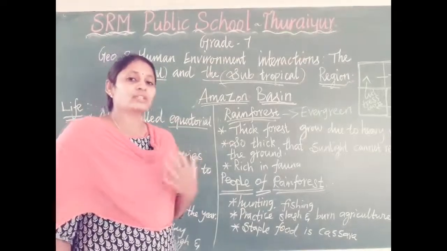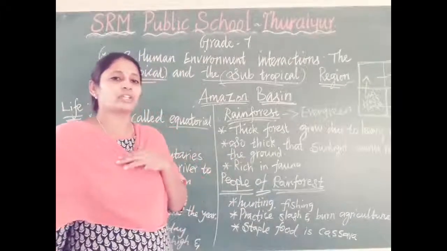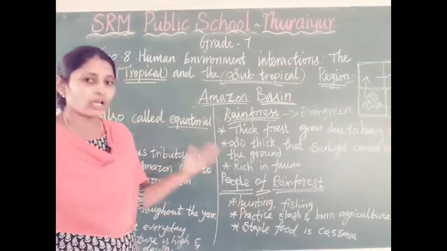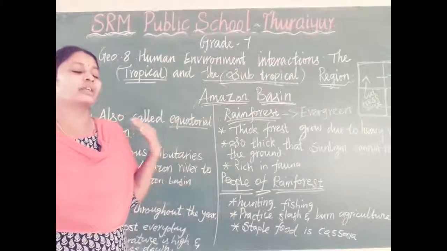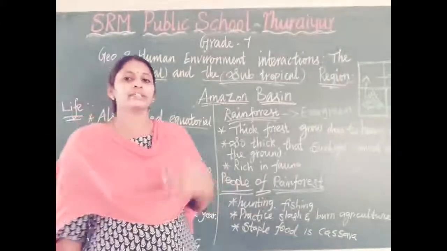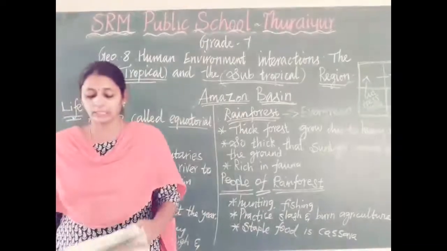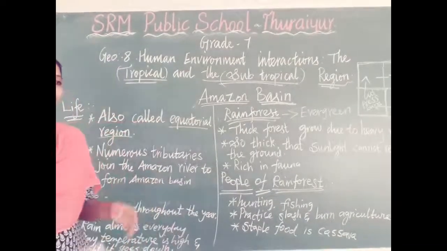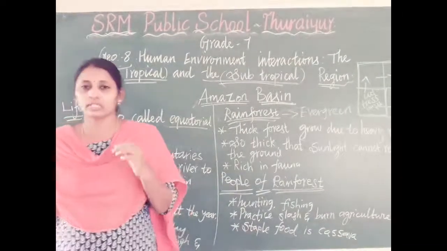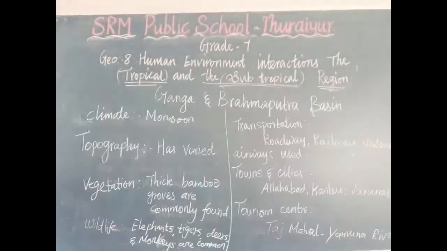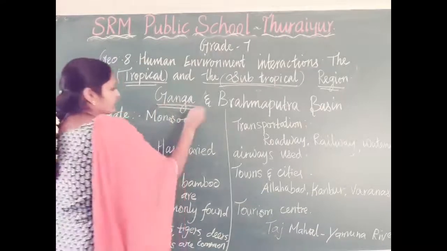If the lungs function very well, we can sustain for a long time. If they do not function, we can't sustain for long. Like that, if we spoil the Amazon region, our earth will definitely face a lot of problems. So we should keep it safe and plant more trees. We should save the Amazon for future generations. Right?